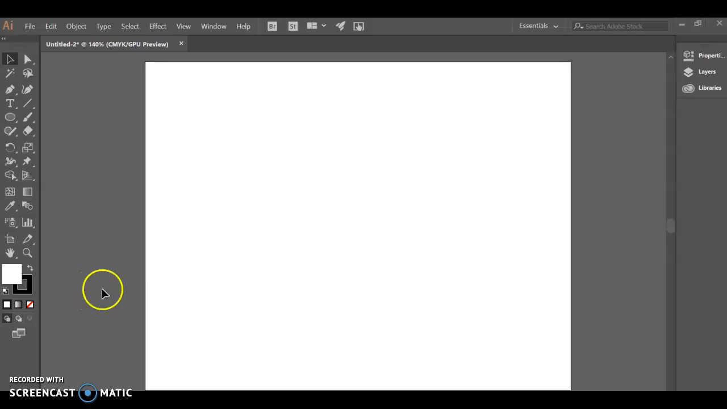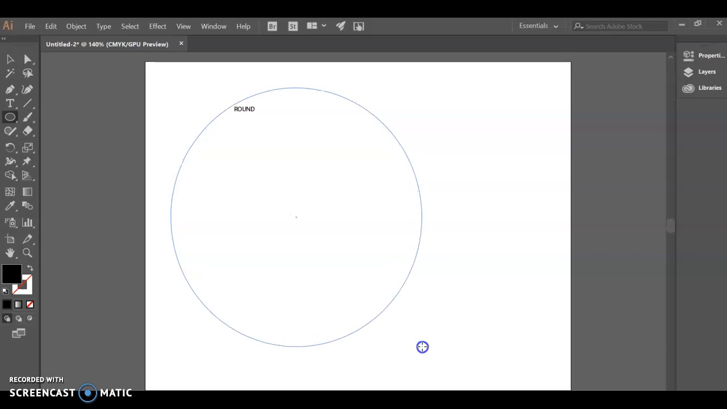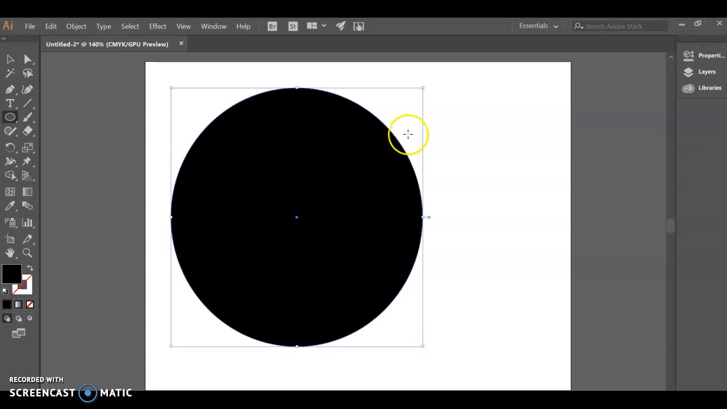Today I'm going to show you how to do 3 different text effects. The first one is going to be taking a regular word, and I'm going to use all capital letters on this one. You'll see why in a minute. Like the word round, and taking a regular old shape, like this circle,